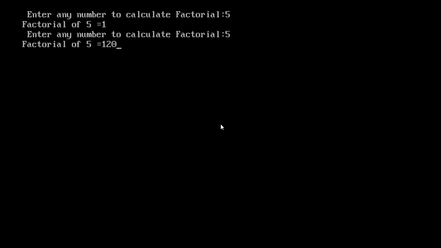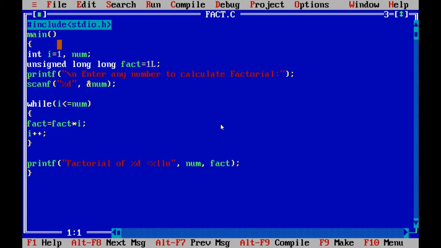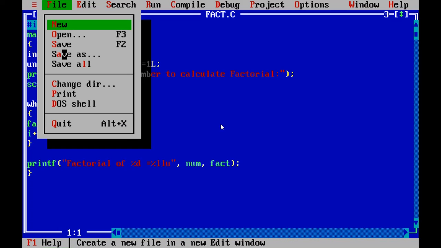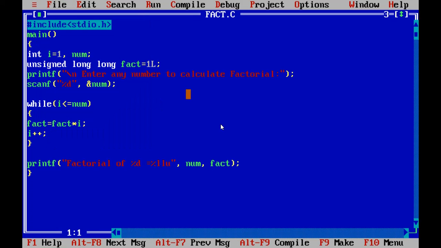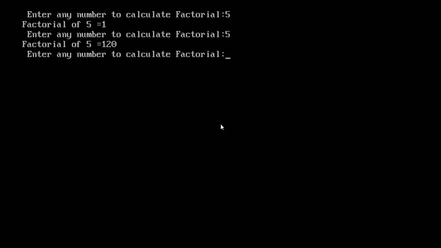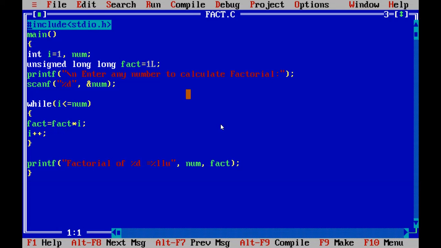How it is executed, we'll discuss how in the first iteration what happened. We'll discuss this program by taking one example. We will run the program one more time to verify with 6.